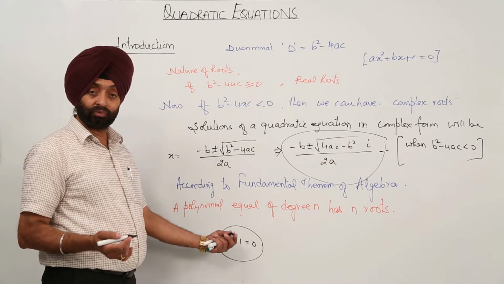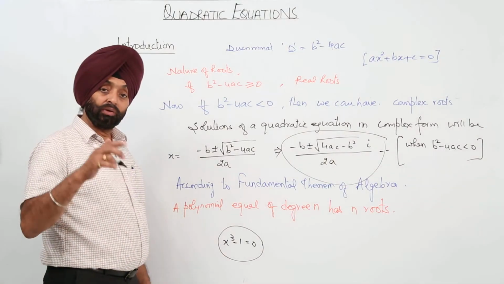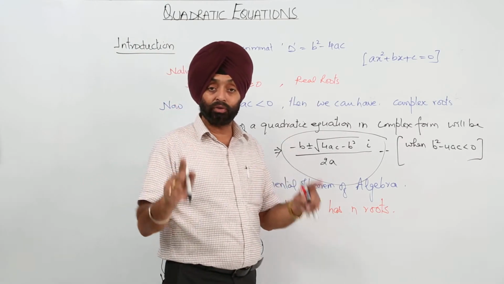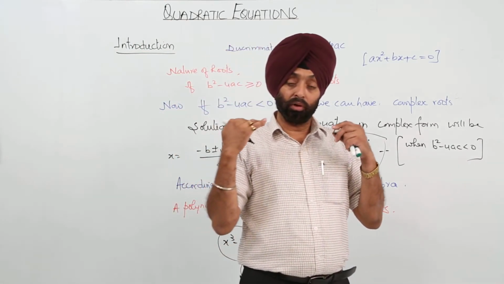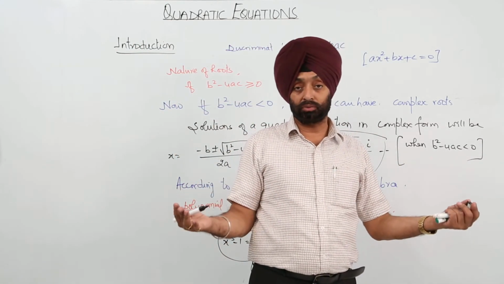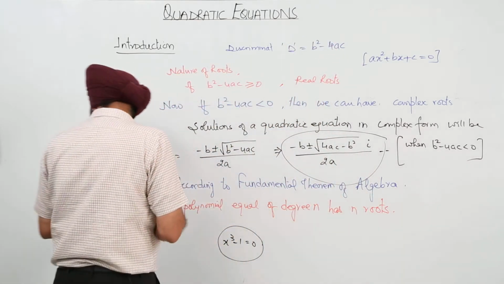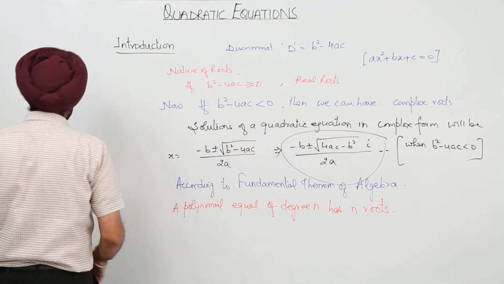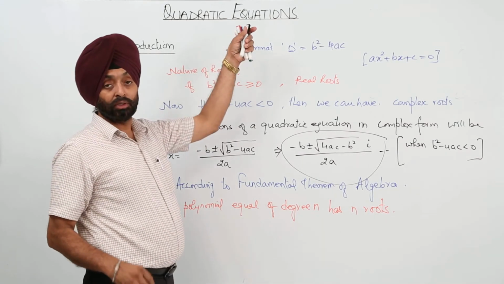So for x cube minus 1, we were having only one single root, and we were not writing 2. But now you have to find the roots according to the degree. Is it clear? So we are going with the quadratic equations related with the